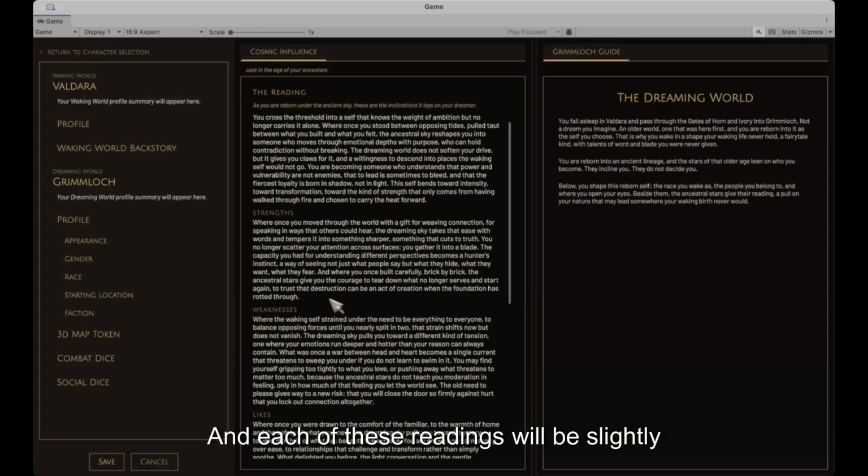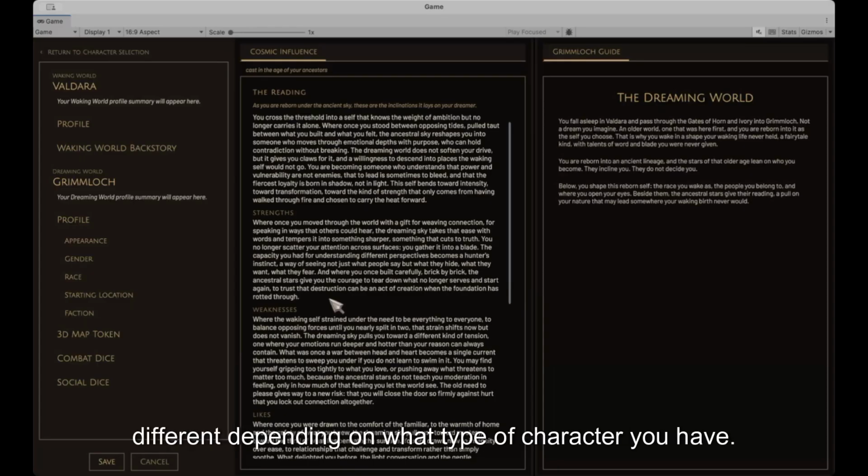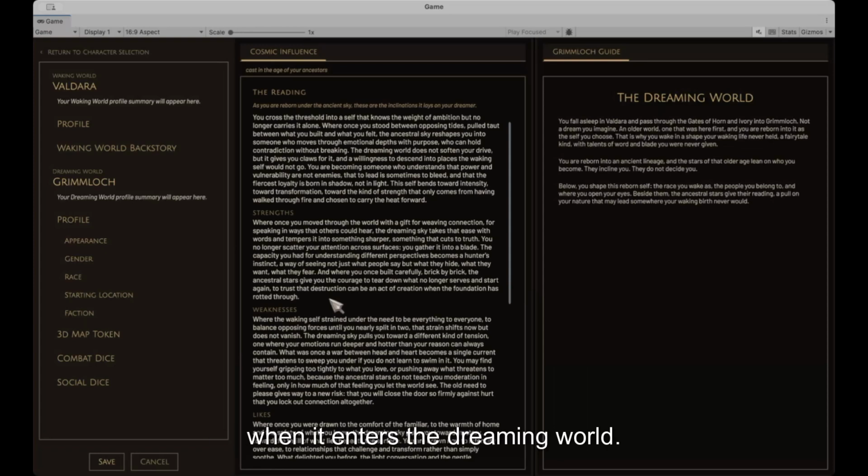Each of these readings will be slightly different depending on what type of character you have. But the whole idea here is to give you ways to think about how your character evolves when it enters the dreaming world, and it ties into the influence of the stars at the time of you entering Grimmloch.